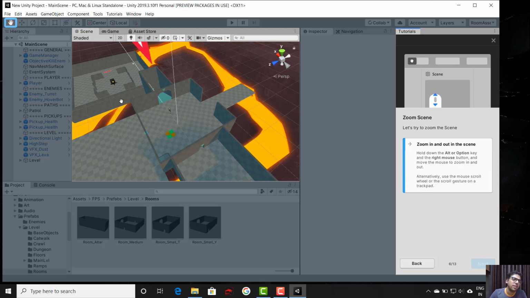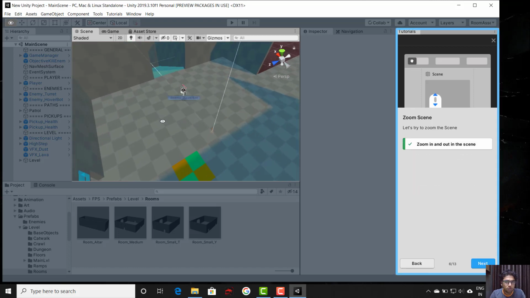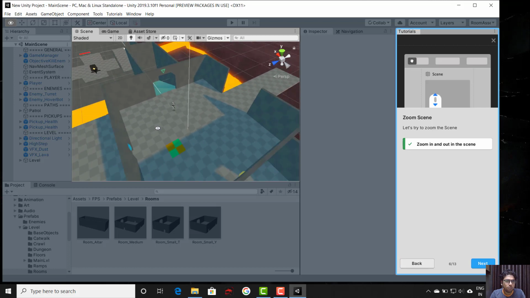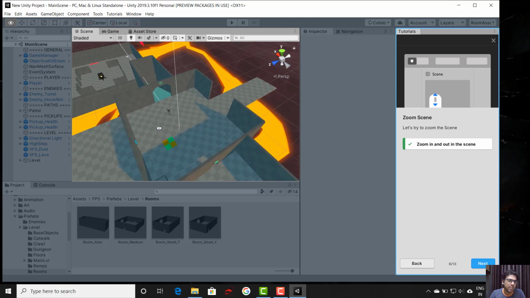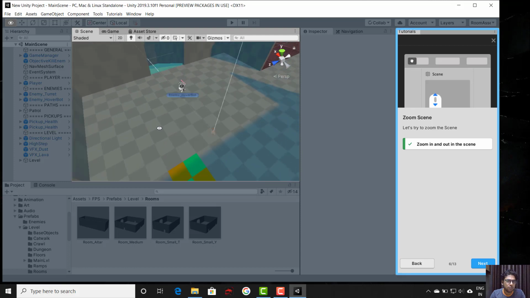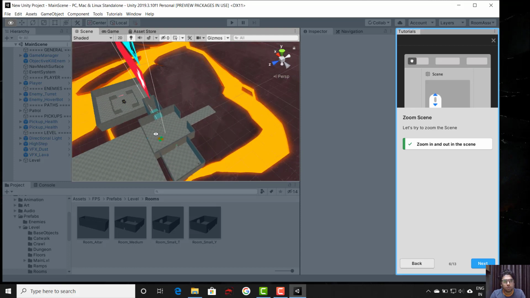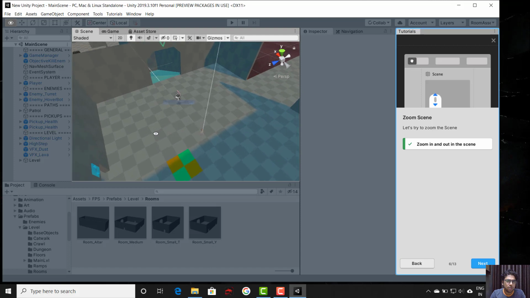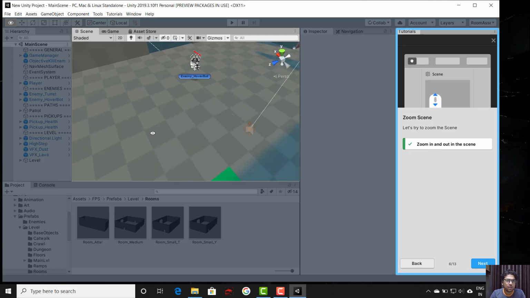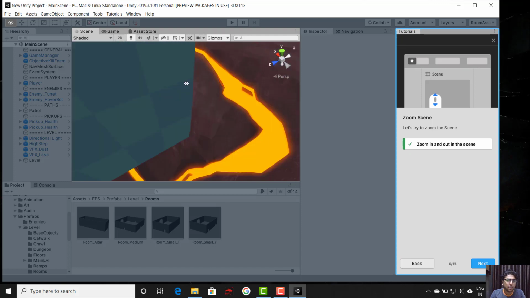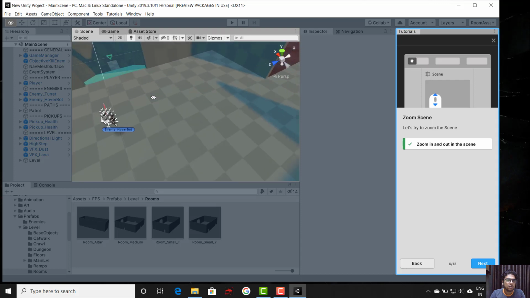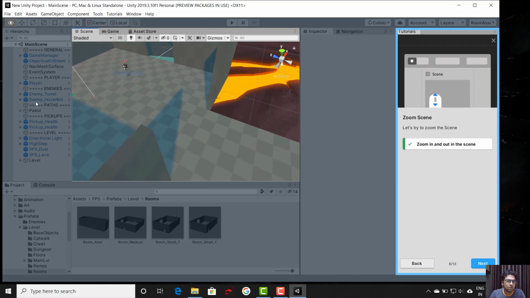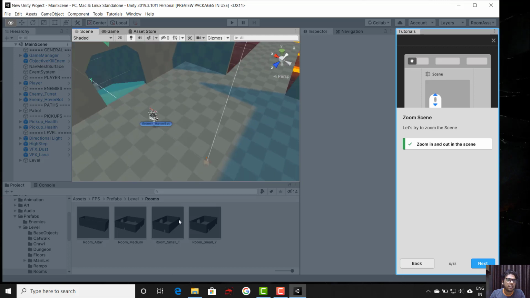Similarly, there is an option called zoom in, zoom out. In case you want to view like this, you just need to hold the Alt key, and now you can use the scroll button on your mouse, right? In case you are using your touchpad, maybe you can zoom in and zoom out with the help of that also. So I can zoom in, maybe I can go to the floor. If I want to look at the enemy, I can look from any other angle, right?